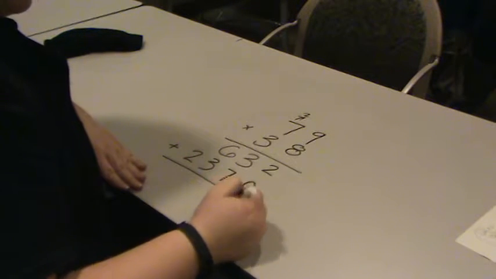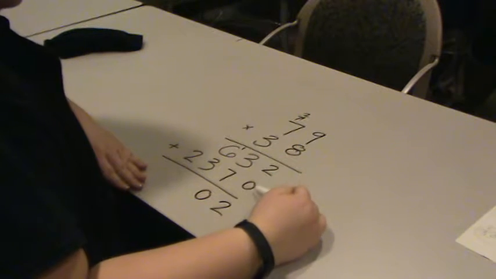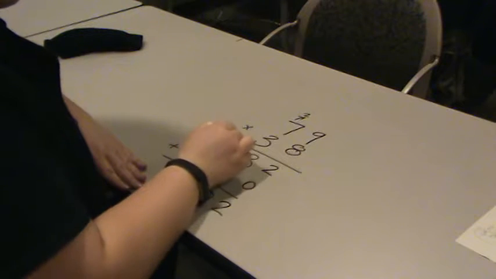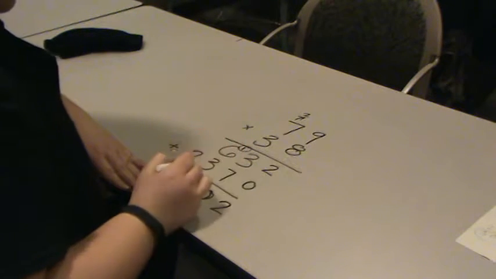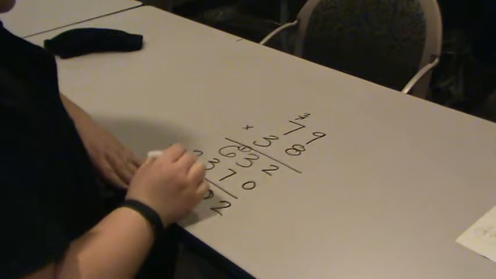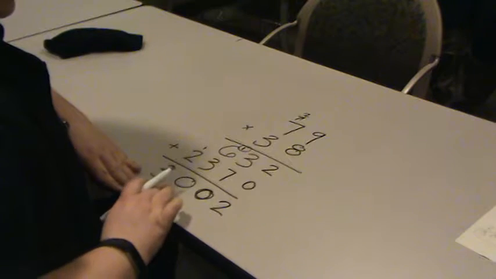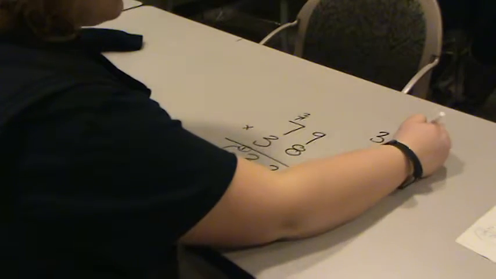So this should look very familiar to you because we have been doing it in class. So like 2 plus 0 is 2, 3 and 7 is 10. So write the 0, carry the 1. 6 plus 3 is 9, plus the 1 is 10. So write the 0, carry the 1, and we have 3. So we have 3,002. So I'm just going to write that up here so we kind of make a mental note of our